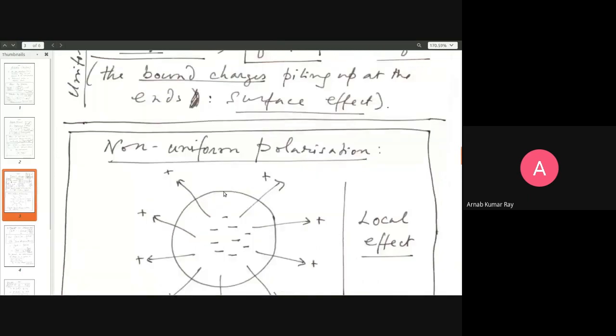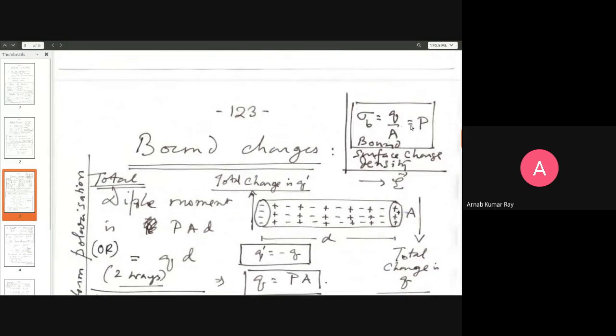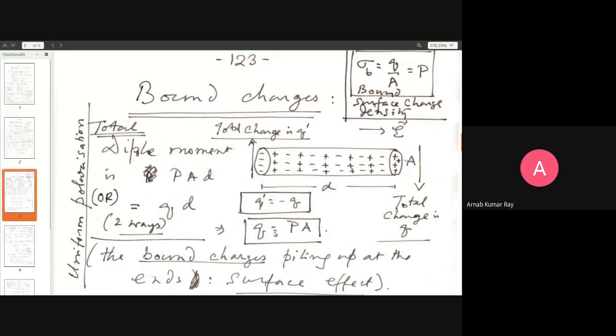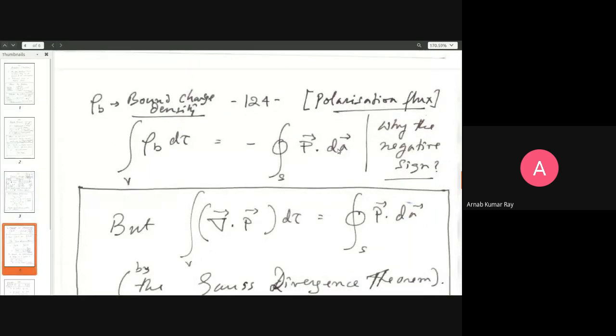The positive charges have all floated to the surface, this imaginary hypothetical surface. So what is the total amount of positive charge on this spherical surface? Surface charge density multiplied by the area and integrating all throughout. And what is surface charge density? Surface charge density, magnitude-wise, is equal to the polarization vector. We have just discussed that P is equal to Q by A, and that's also the surface charge density. Charge per unit area, Q by A. So the right-hand side will be P dot dA.